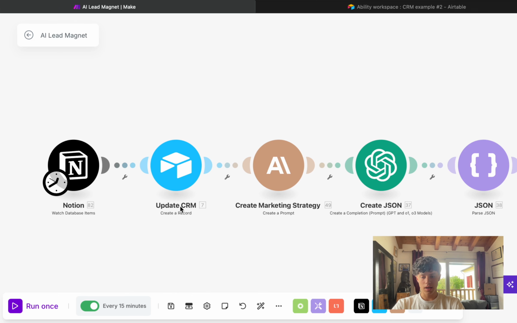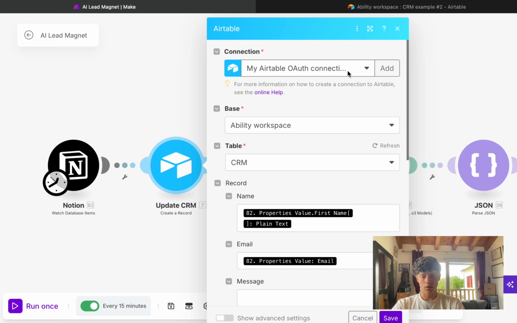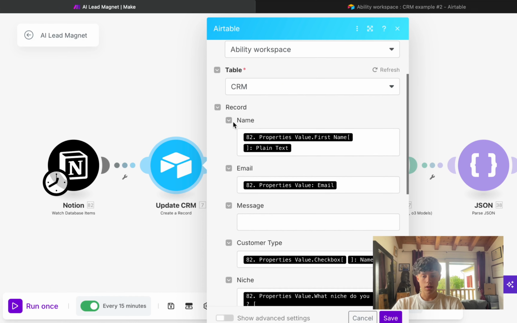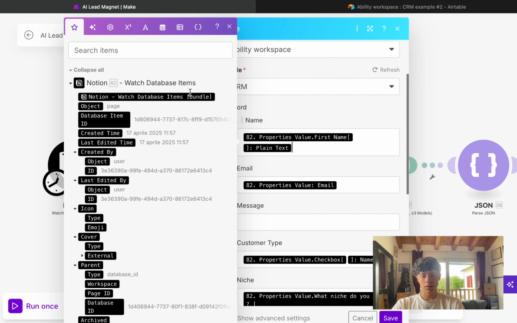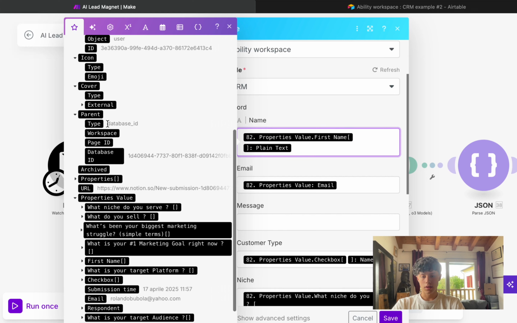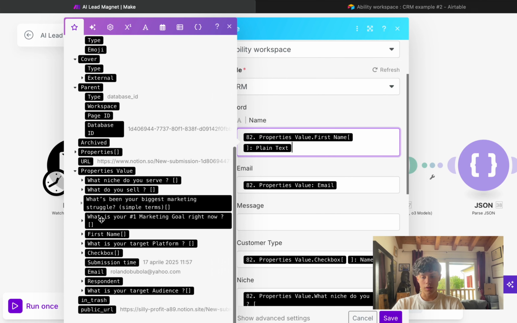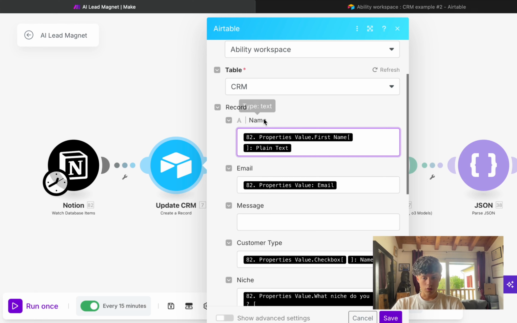So it's going to update the CRM, which is the one we've just created. You want to choose the base, you want to choose the table. So the base in which you created the table, and the table itself, then the record. And for the record, you basically want to add the values of the answers of these questions you've made in the form. So for name,